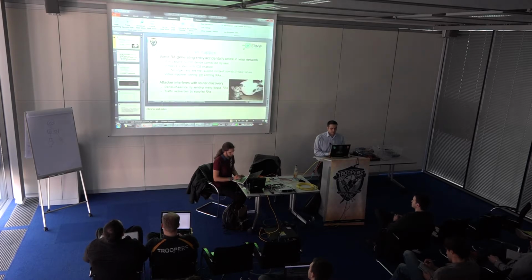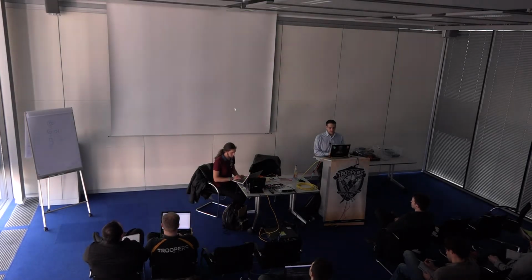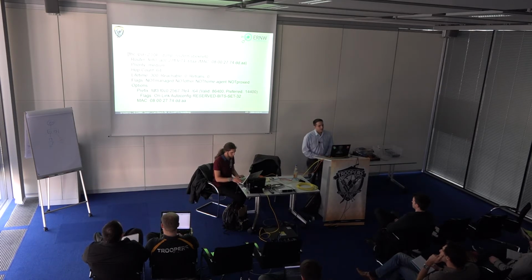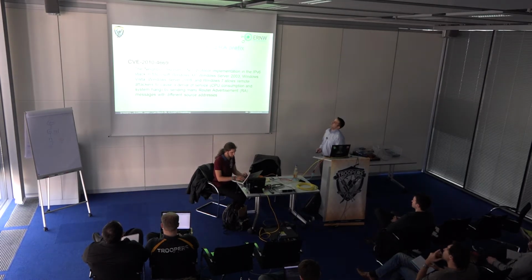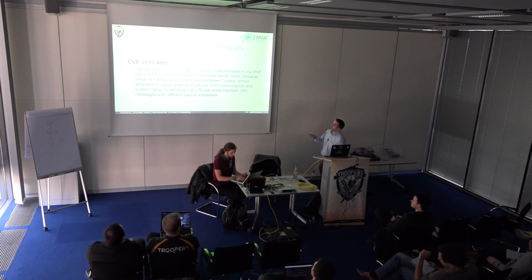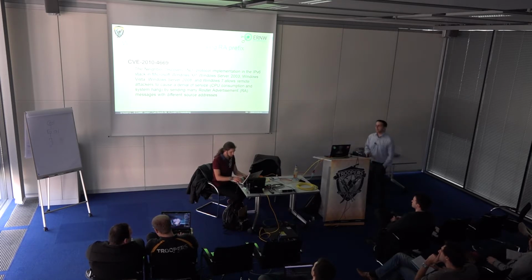Yeah, and these are the 2 biggest issues we have in regards to IPv6 security on the local link. So now the questions arise. Okay, actually, yeah, this is the CVE which was released. Windows does by randomizing route advertisement prefix. You see it's dated back to 2010, and it took Microsoft 3 years until they released a patch which softens the